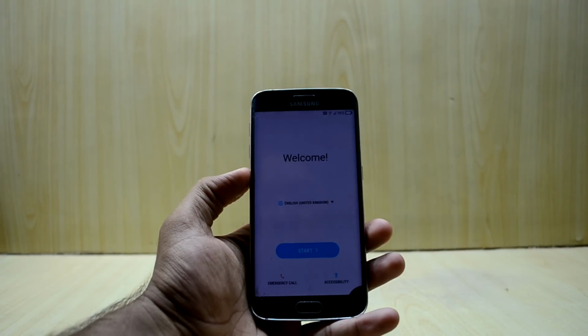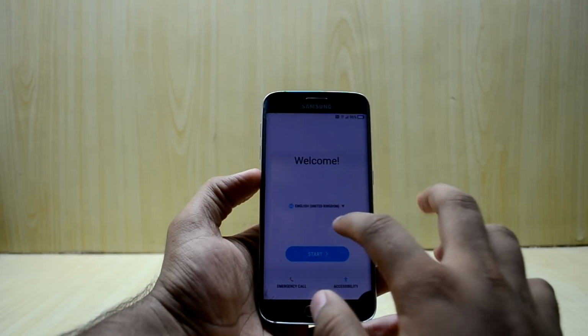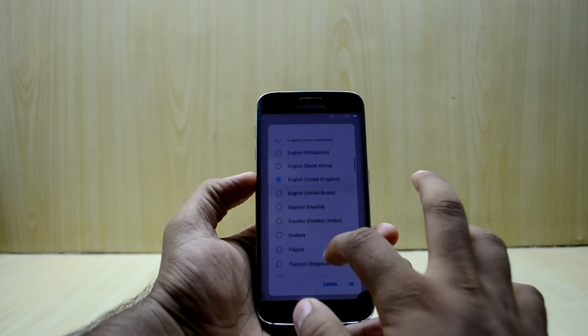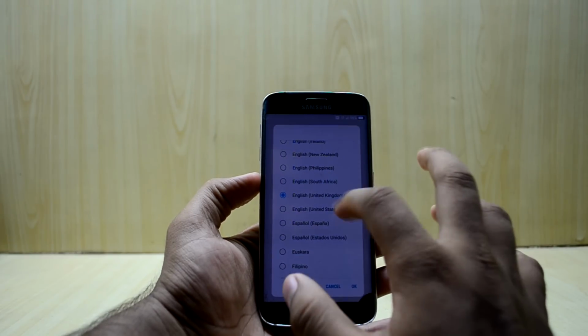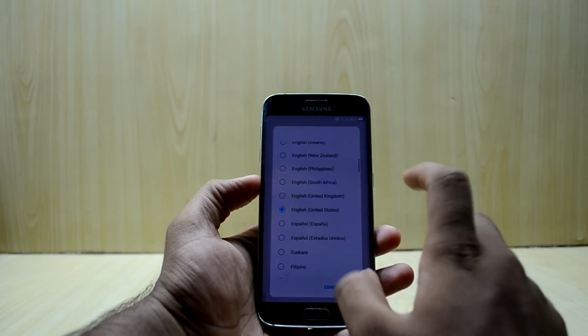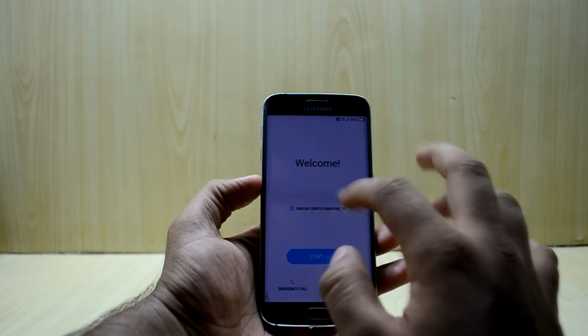So guys, the device finally booted up, and we're just gonna quickly set it up. And I do like the look of the status bar over here. You have a nice battery icon over here, so we're gonna just quickly set it up.